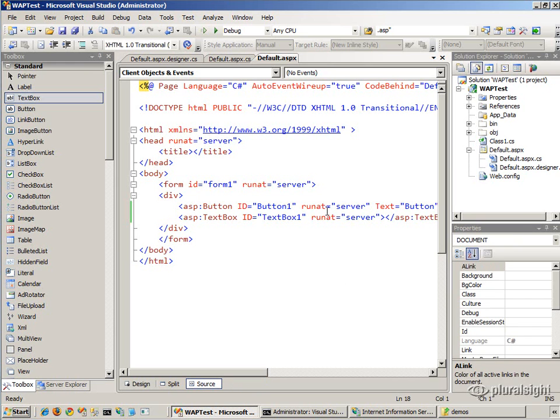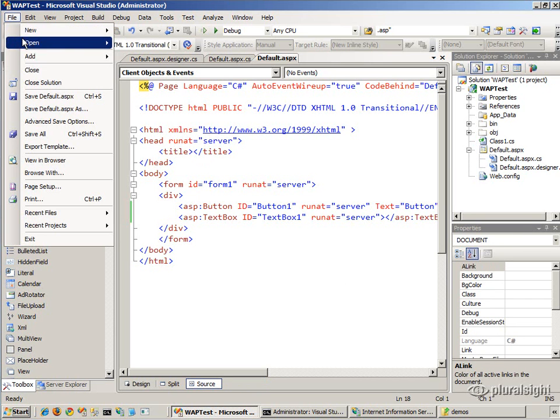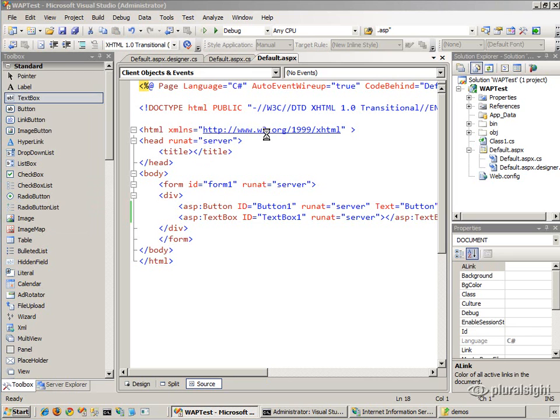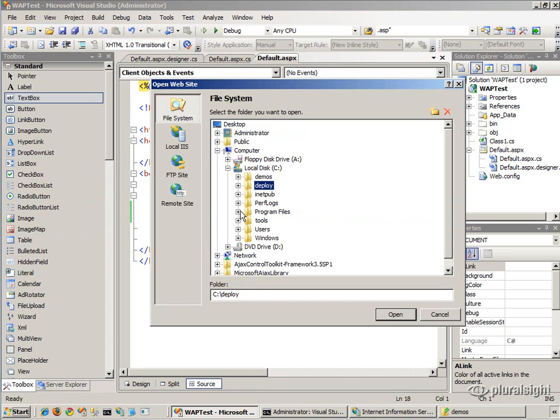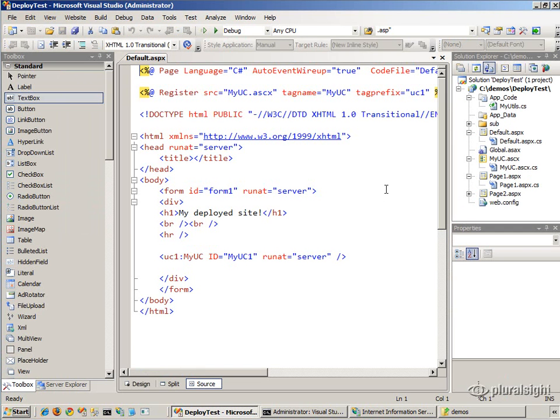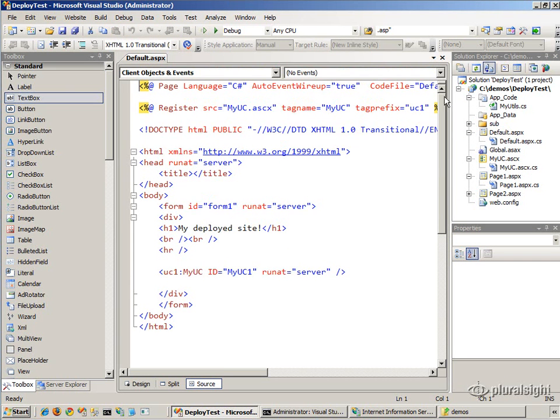Here I am in my web application project. I think what I'll do is go back to the website though. Just be aware that it works equally well in either environment. It's not a problem. So I'm just going to open up the website that we were working on before, which was under deploy test, just because I had more content in this one. So here's how you work with web